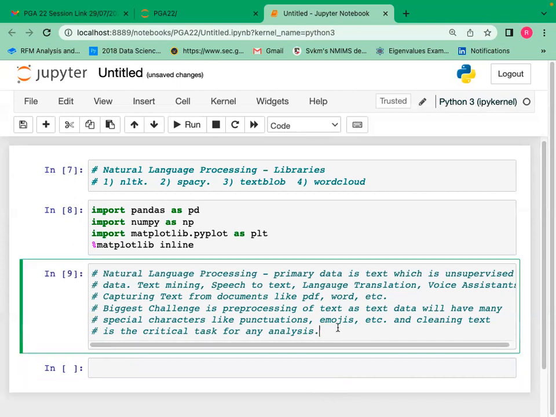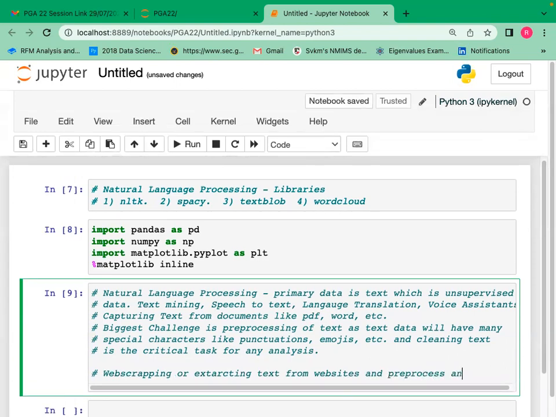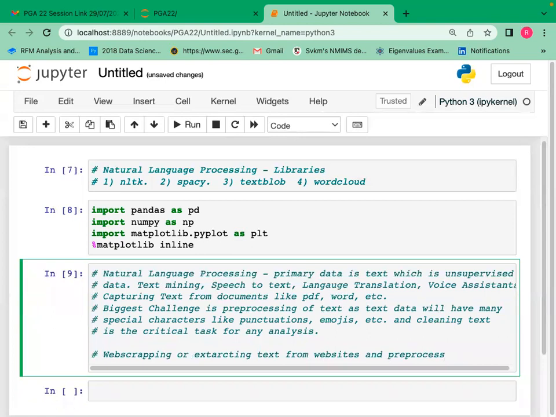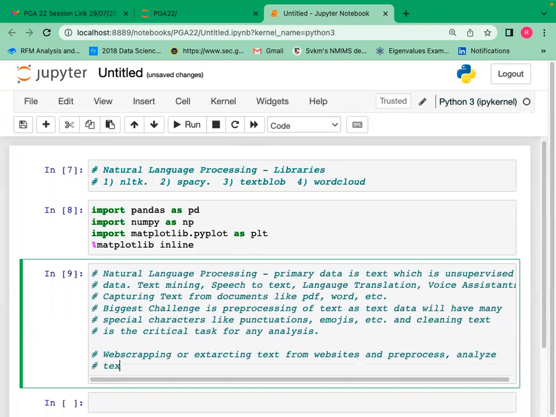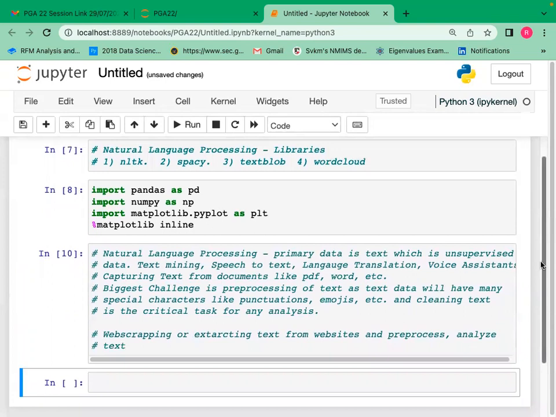So we will be doing web scraping today: extracting text from websites, and pre-processing and analyzing text. Web scraping is a very interesting thing, and a lot of web scraping based analysis is